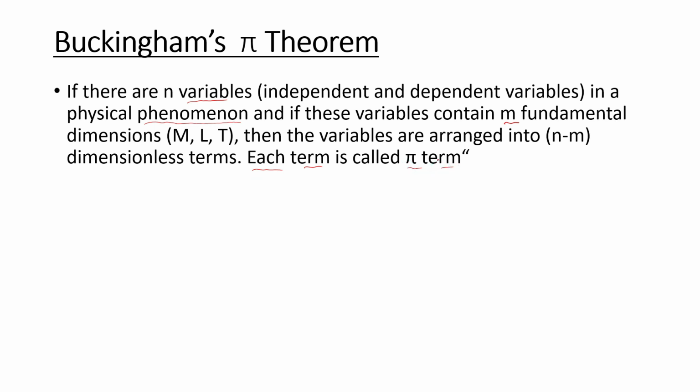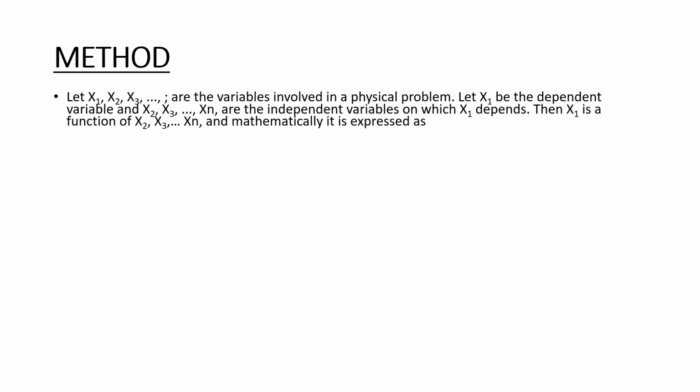This can be understood only by doing an example. So let us see the method. Let x1, x2, x3 up to xn be the variables involved in a physical problem. Let x1 be the dependent variable, and x2, x3 up to xn are the independent variables on which x1 depends. Then x1 is a function of x2, x3 up to xn, and mathematically it is expressed as